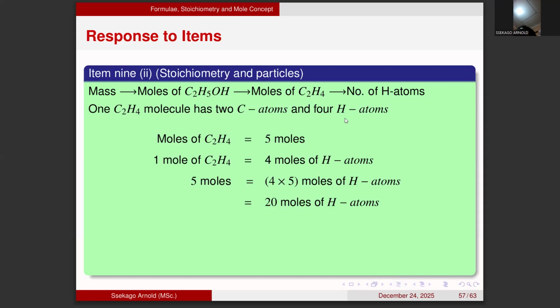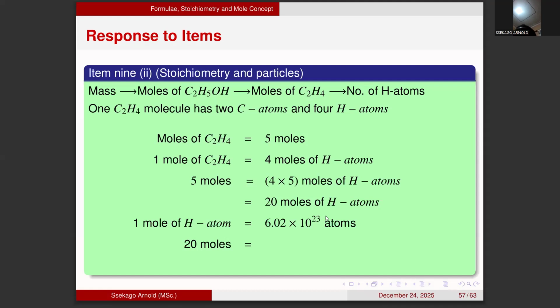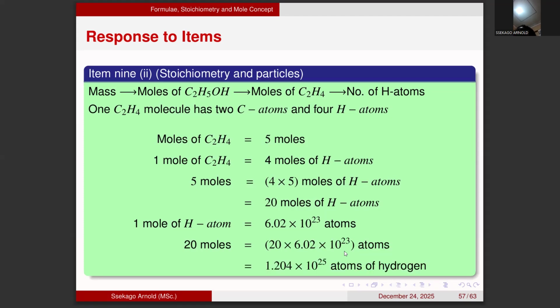So we use this to find the number of atoms, and to find the number of atoms, we use Avogadro's relation. 1 mole of hydrogen atoms is equal to 6.02 times 10 power 23. Then what of the 20 moles which have been obtained? We shall have 20 times 6.02 times 10 power 23 atoms. And computing this, we obtain 0.205 times 10 power 25 atoms of hydrogen. So this is item 9,